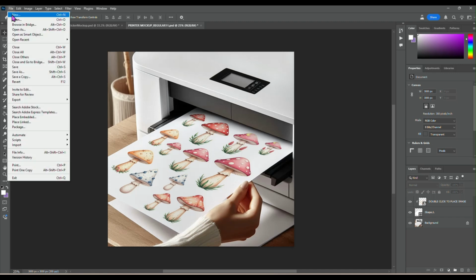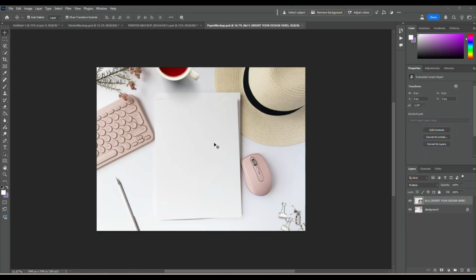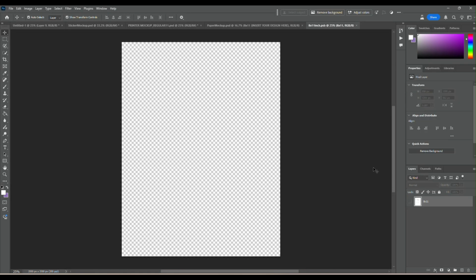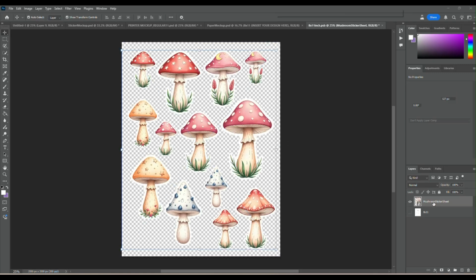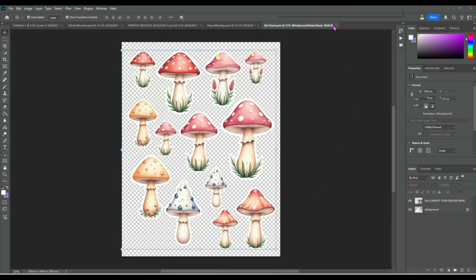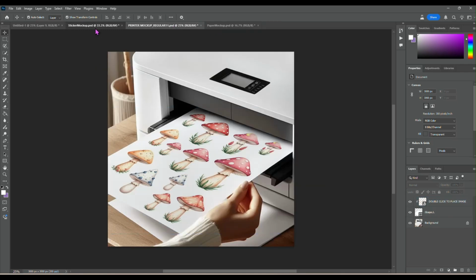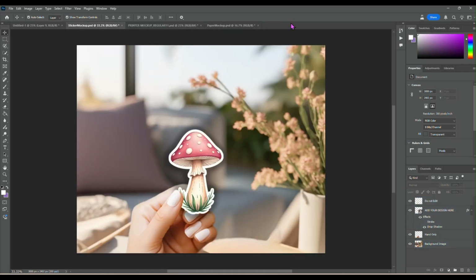And we will do one more. And this one will just be the full sheet of stickers on a desk. So you can see the full sheet. We'll drag that in. Control S. And now you can see that there. So we've got three nice mock-ups, the sticker sheet itself laying on the desk, it printing, and then someone holding